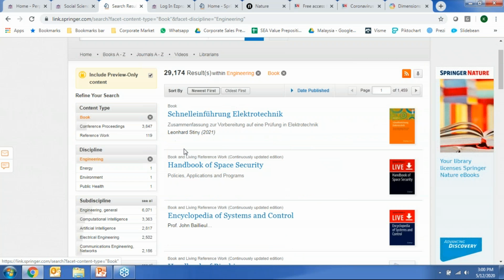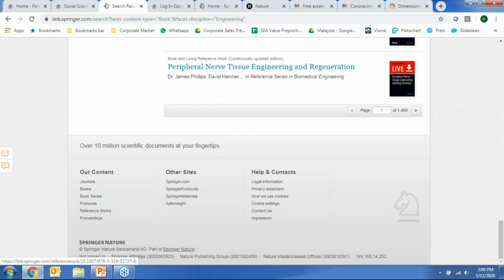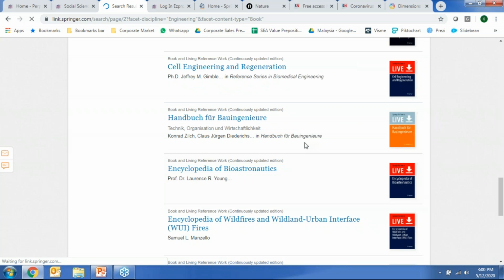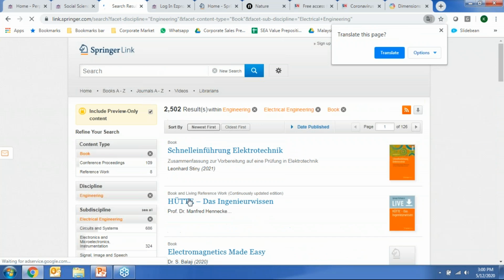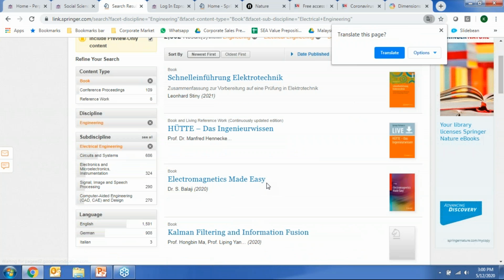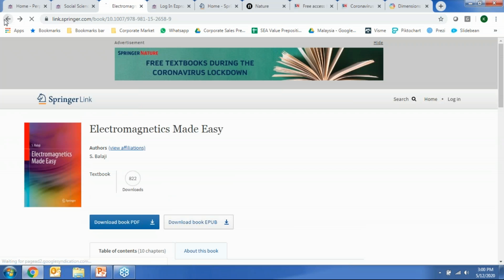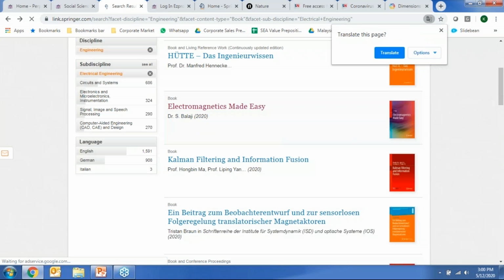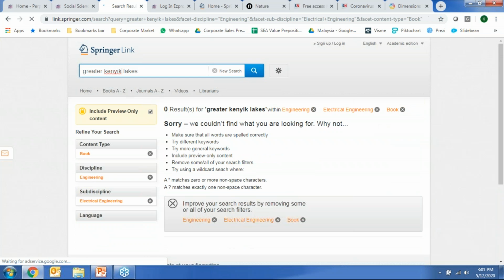Okay. Let's see what is a good title. Okay, let's try this one. Electromagnetic Smith. Okay, this one does not have it as well. I know of a book that was published by a UMT author, so I think, sorry, spelled wrong.